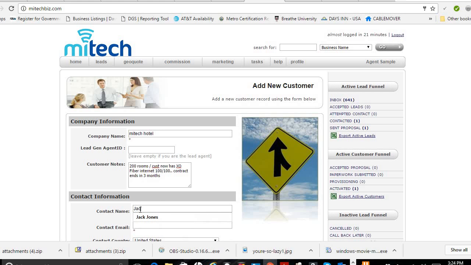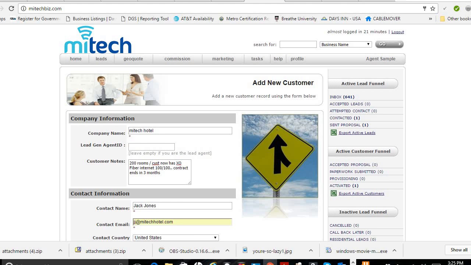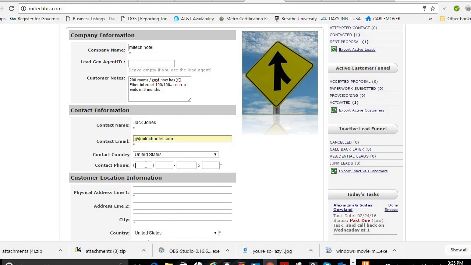Contact name is Jack Jones. Again, I'm making this up, y'all. Email is jj@mitechhotel.com. As you can see, I've done this before. We're going to make up a phone number